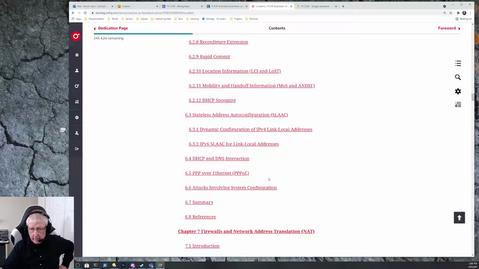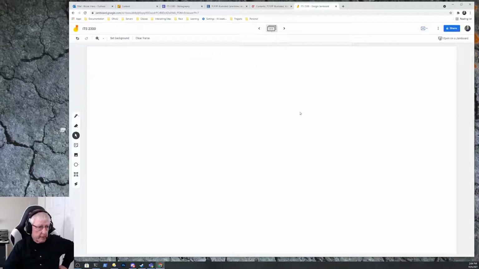And then the remainder of the chapter, other than the summary. I always suggest you look at the summary just to see if there's anything useful that helps you put things in context. But the remainder, DHCP DNS, PPP over Ethernet, and attacks, because we're not talking about security just yet, you can skip over those. All right. So then in the rest of the video, let's summarize a bit about how we do this,